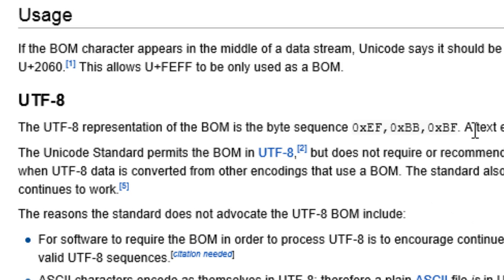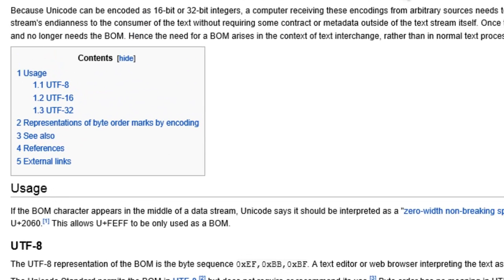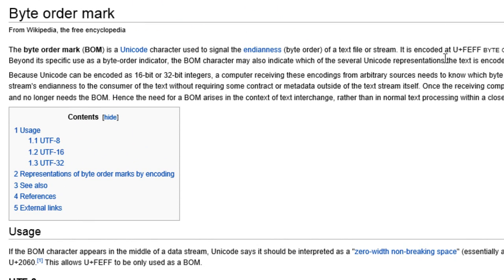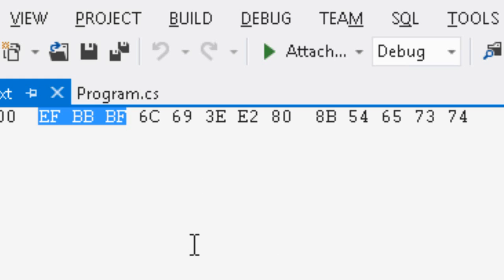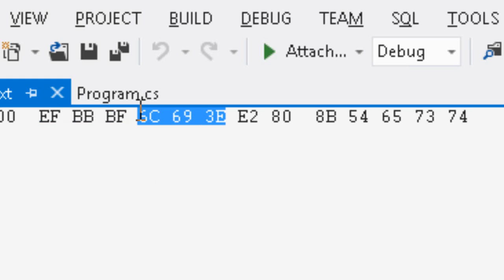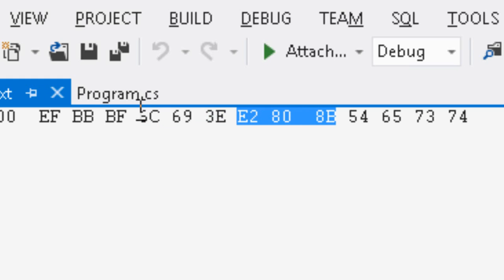If you are looking for a byte order mark in a Unicode file that is UTF-16, then you're going to see this U+FEFF value up here, and we'll see that in just a minute. So now I'm looking over here and I see, okay, there's my EFBBBF. And then I see there's my L and there's my I, and there is a greater than sign. And now I see this E2808B, and then I see this T on the test. So here is that funny character,